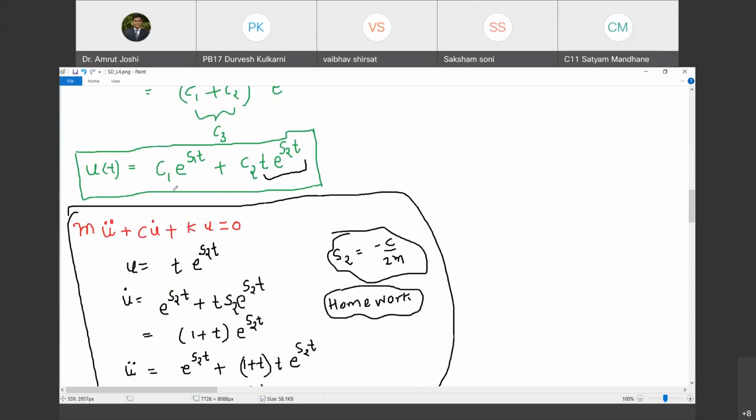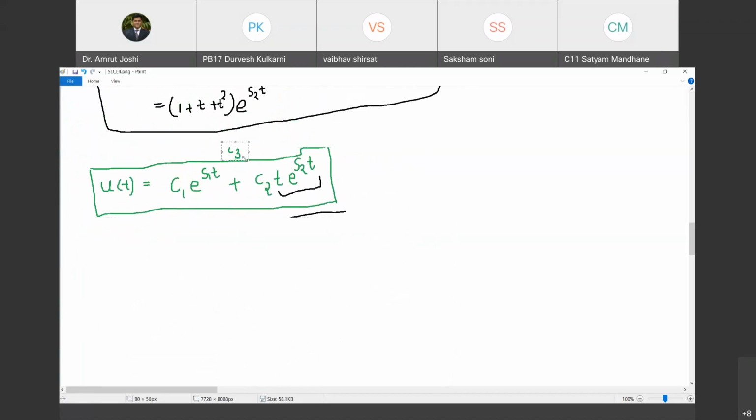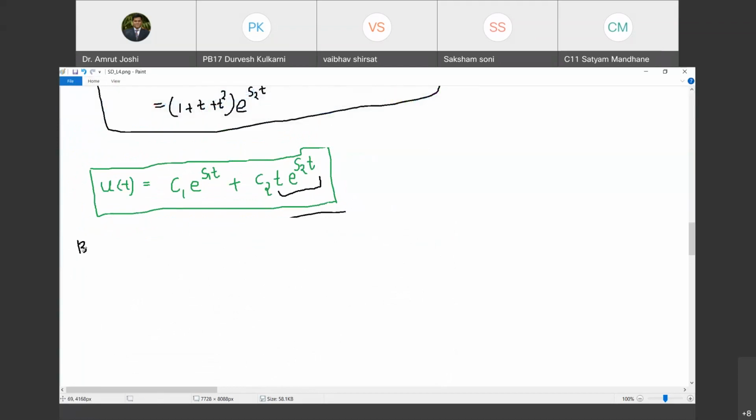Okay. So now this is the solution of the differential equation that I claim. How do I get the values of C1 and C2 then? I have to use boundary conditions. Agreed? Yes, sir. So how do I apply boundary conditions? So let me use boundary conditions. What is boundary condition number 1? Boundary condition number 1 is this. At time t equal to 0, you have u of t as u0.